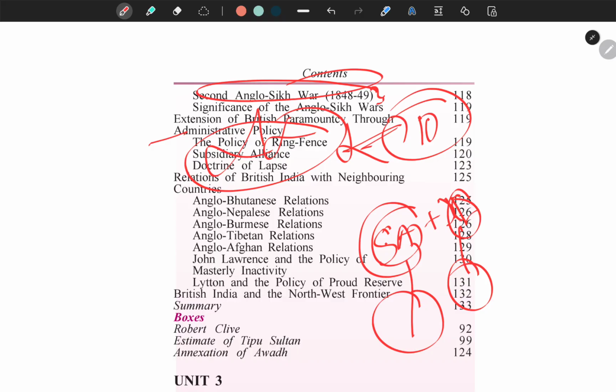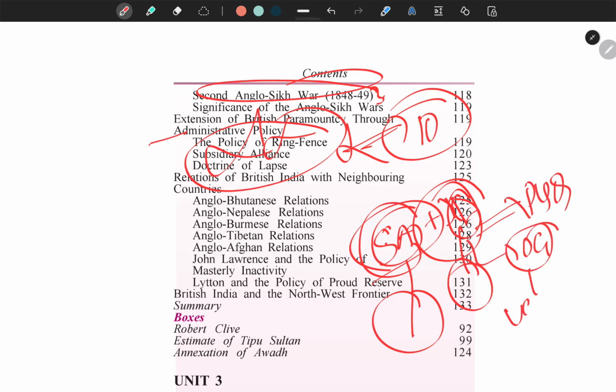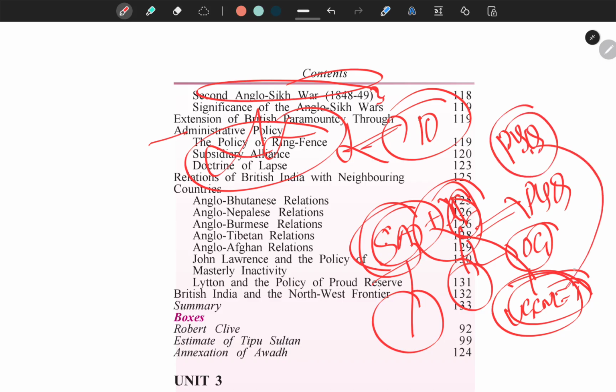Sir, how to get control, how to get in-depth knowledge about this subsidiary alliance and doctrine of lapse? Go to PYQs, man, go to PYQs. Then our OG, original gangster, is UGC NET questions. So just follow the questions from these angles. I am telling you, subsidiary alliance and doctrine of lapse, no doubt it is very important, but my point is you should not only read from the Spectrum angle, you should read from the PYQ angle. So you should read from the UGC NET angle. If you solve more number of prelims questions, MCQs, you will get more hold on that.